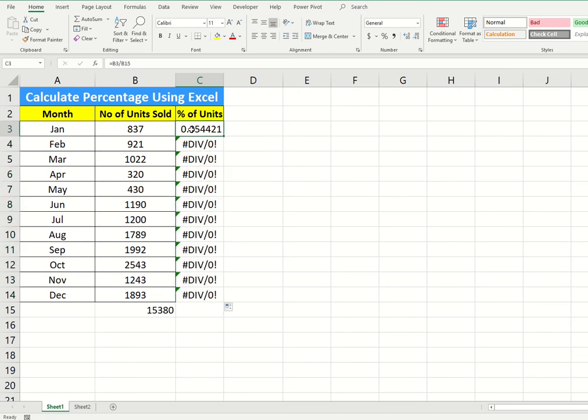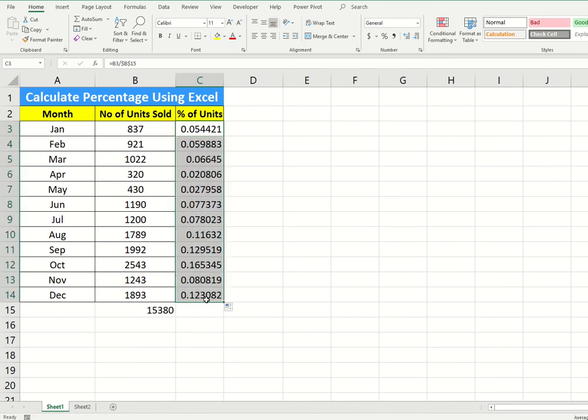When you check the formula, in the denominator the value is referring to the B16 cell, but when it comes to the next formula the value is referring to the B17 cell, which is empty. That's why we are getting this error. To get rid of this error, we can add the dollar symbol so that the range will be fixed. I have added the dollar symbol to the B, that means the range will be fixed. When I drag and drop the formula I will be getting the percentage.